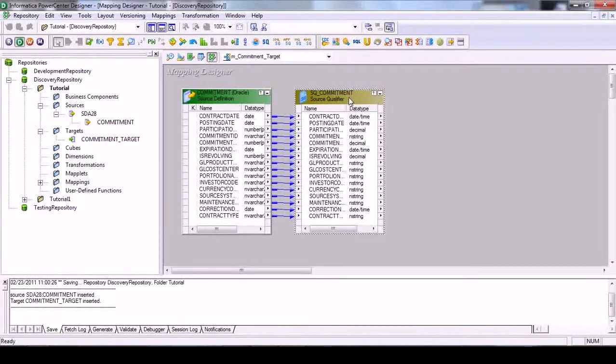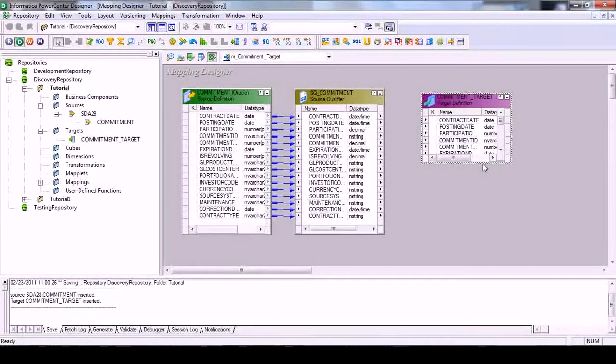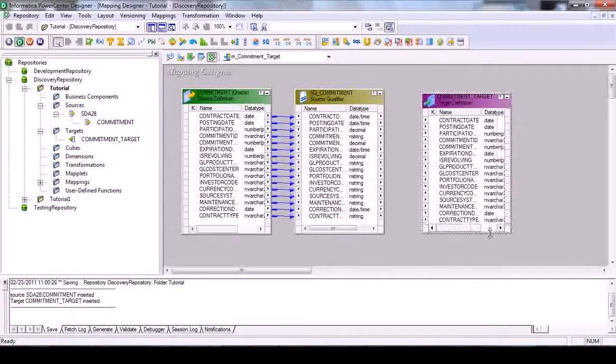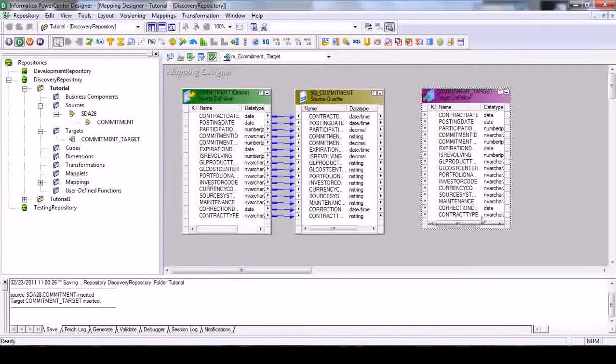For any mapping, this is the default source qualifier which is attached to any source. If you want to do a one-to-one transformation directly, you can just drag and drop the target directly and it will be created. So let's do that. We are just doing one-to-one mapping. We are not doing any expression change or any transformation. We are just extracting the data and loading it, so that we can start with the very basic mapping, and then create a very basic workflow to complete our initial first task.